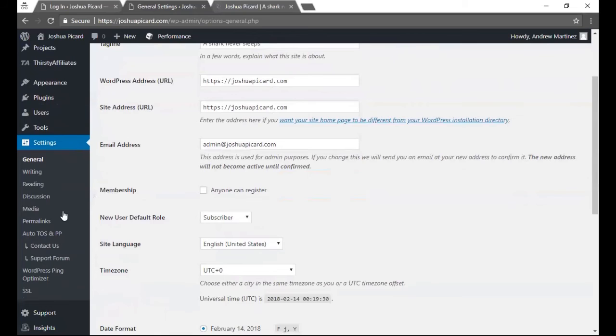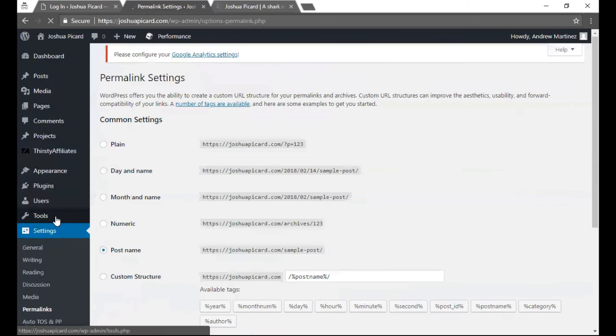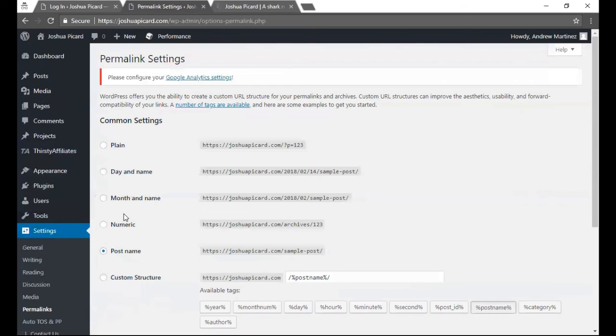That's all that. And then we go to permalinks. Another common mistake I see on some client websites is not having the right permalink setting. As a general rule of thumb, you want to have the post name selected here. Because I think you'd agree that this